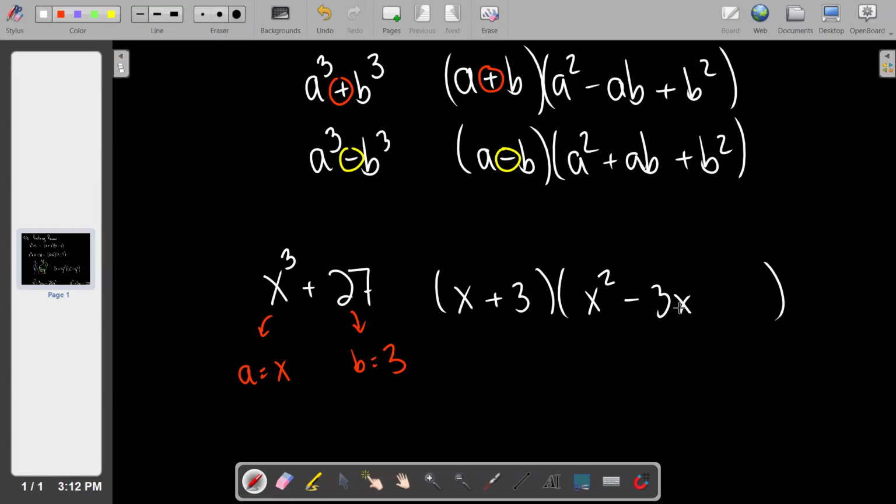And that's where we just mash A and B together, right? And you wouldn't want to say something offensive like x3, right? We don't do that. And then what's at the back end? Plus 9, right? Okay, so let's do one more pair of cubes and then I'll get out of your way